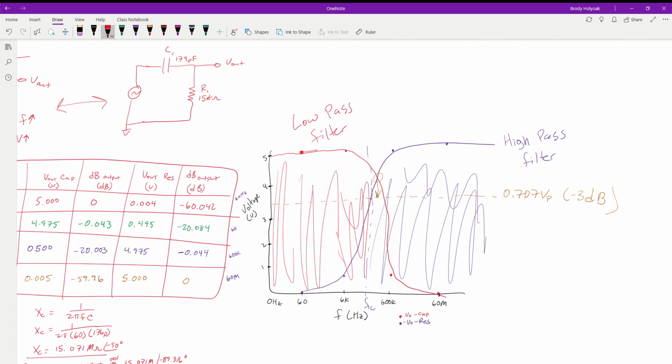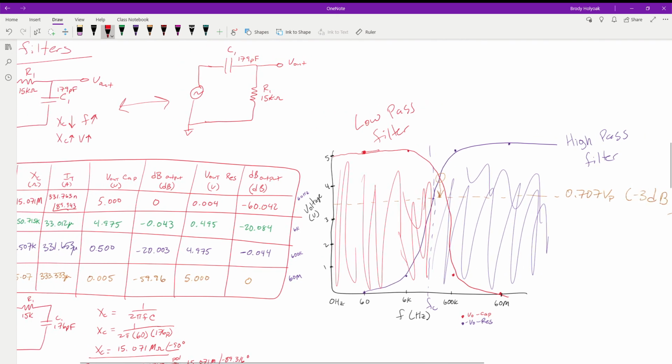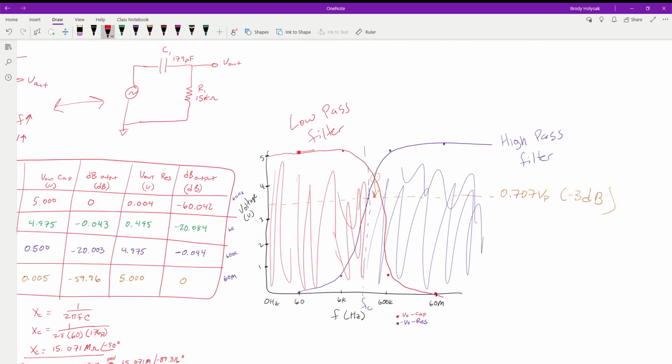And so we can see, depending on what frequency we're going to be running at, or we could even decide, hey, I want to be able to filter out anything below a certain value. We can design our circuit in such a way that, based on these parameters, we can quickly and effectively design a circuit to produce whatever frequency response we want. And just by using the capacitors, we have the ability to give us a low pass or a high pass filter using the exact same components.